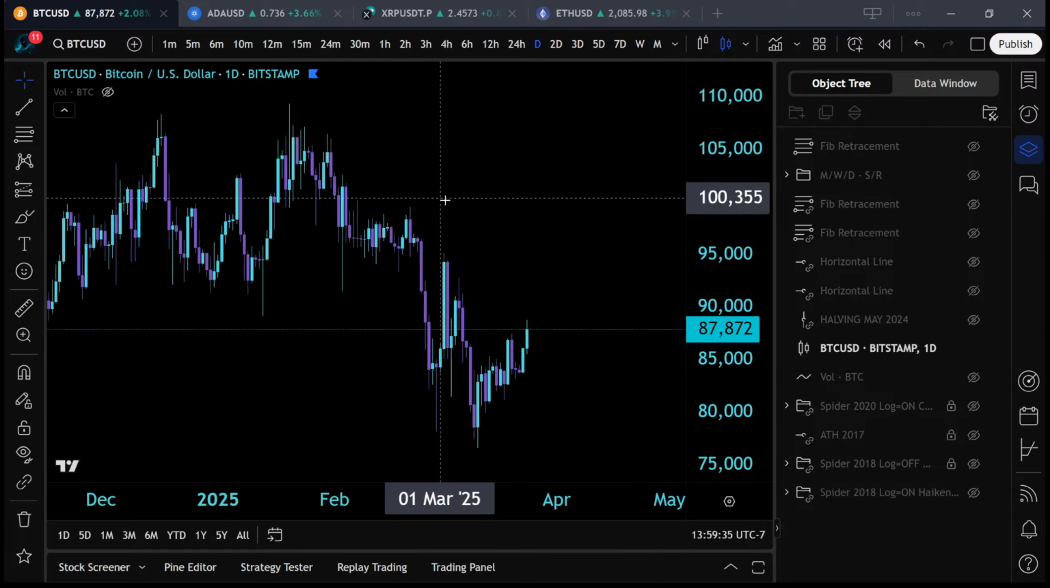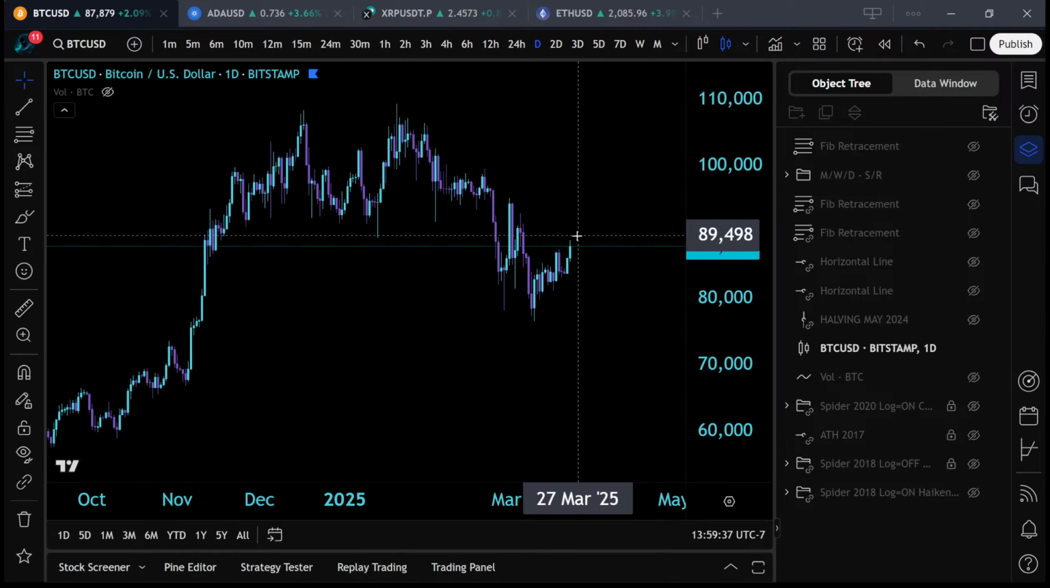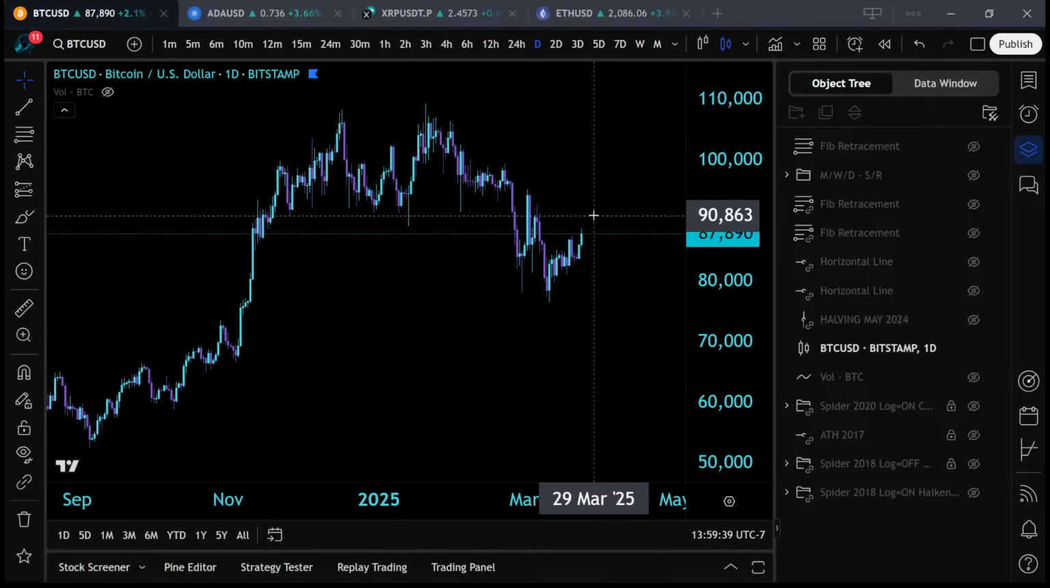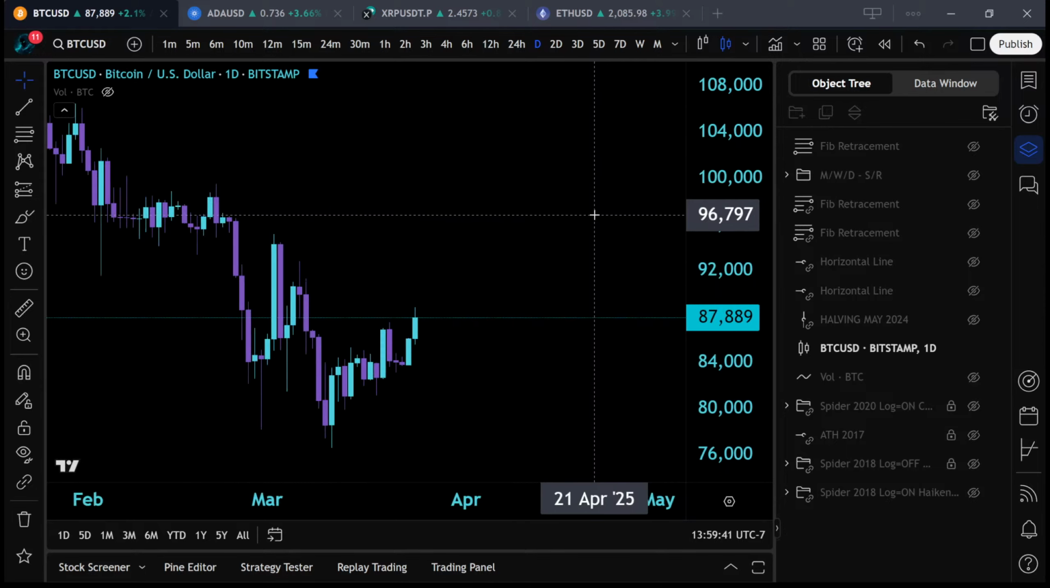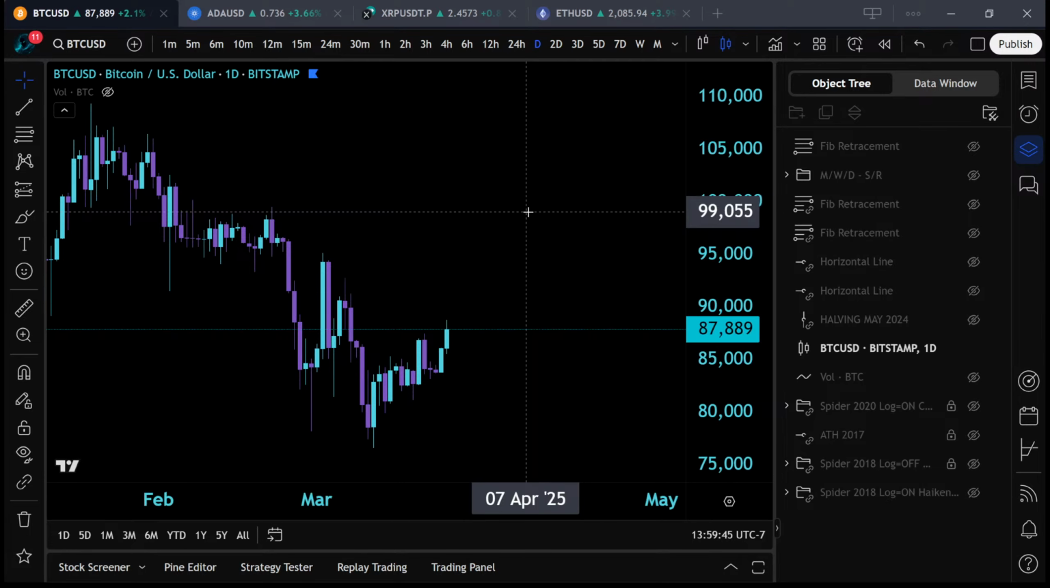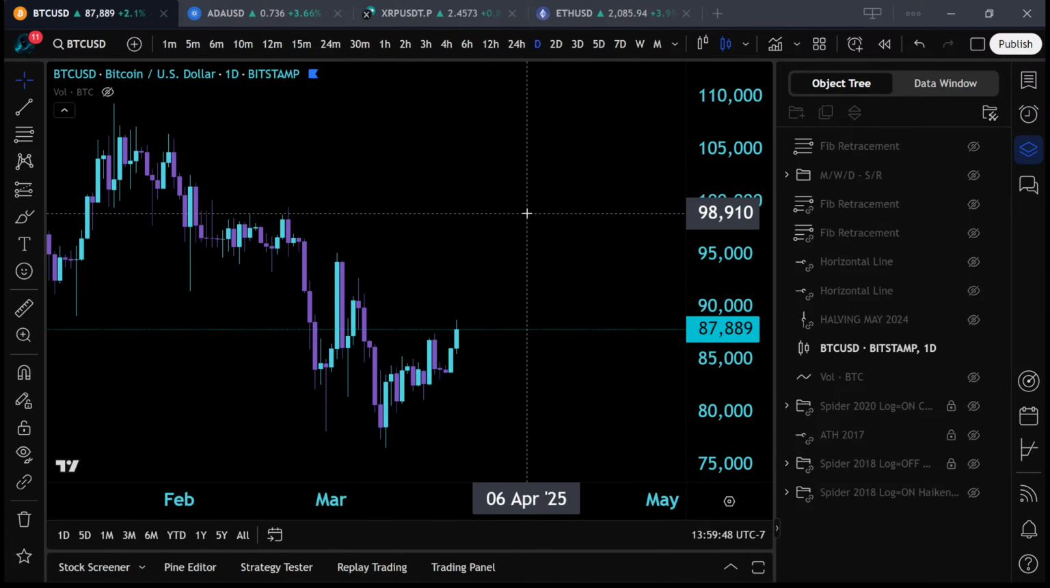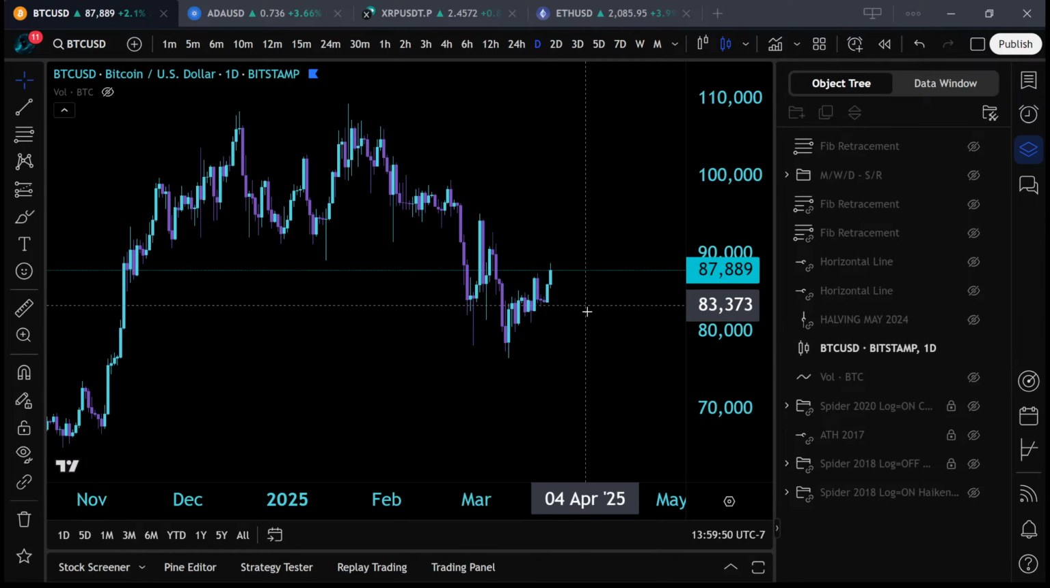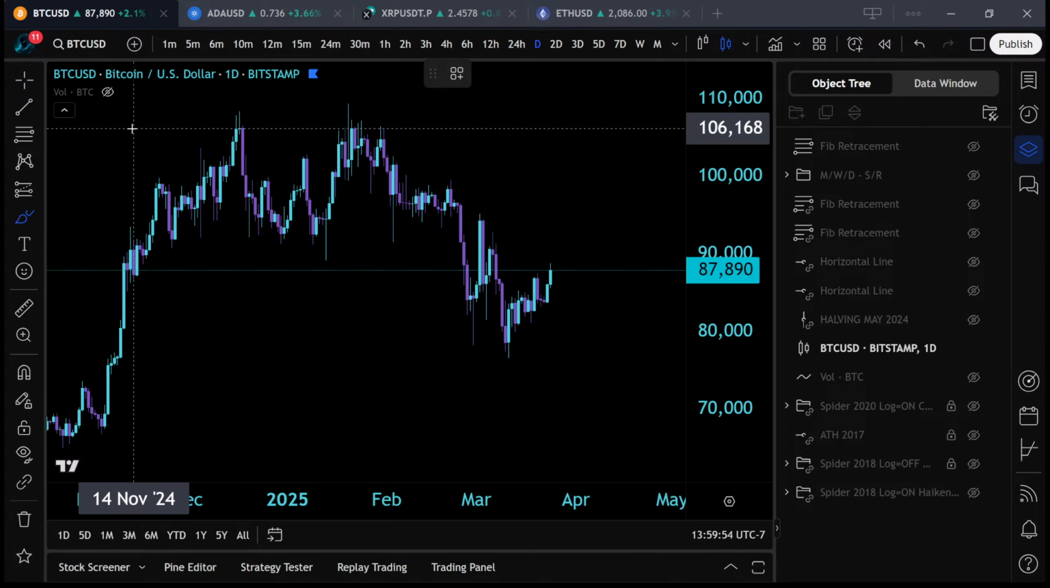Actually, I don't know if that's such a good idea. We don't really have a range yet. So I was going to bring out the volume visible range, but until we actually have a defined range, see, because this was the prior range, and we